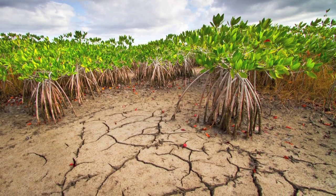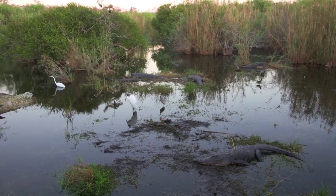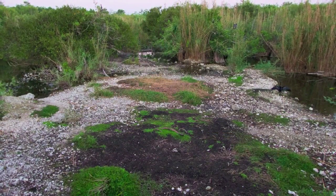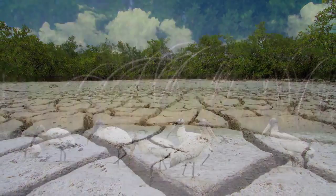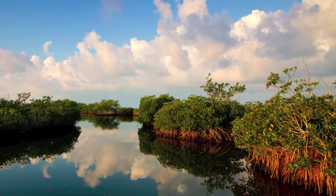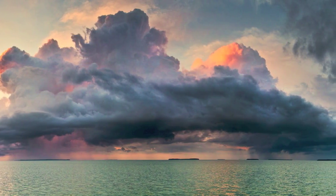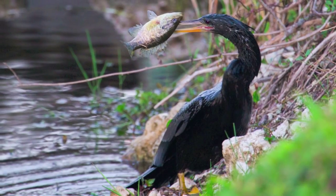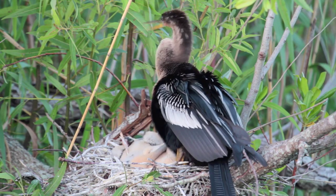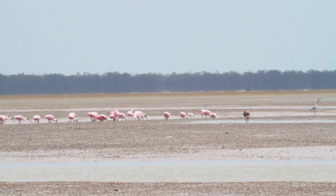However, from December to March, the winter months usher in the dry season, and soon, the once submerged wetlands become parched basins. With fewer places to go, fish are forced from the shallow wetlands into the slightly deeper creeks and rivers until the rains return in June. Wading birds time their nesting with this seasonal drawdown cycle. In order to successfully forage enough food to sustain their young, they depend on the high concentrations of fish found